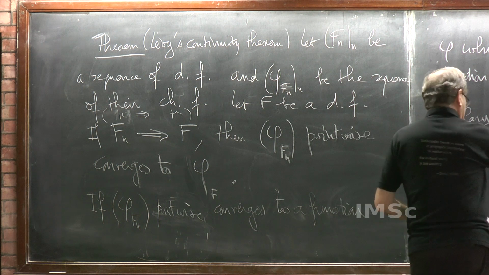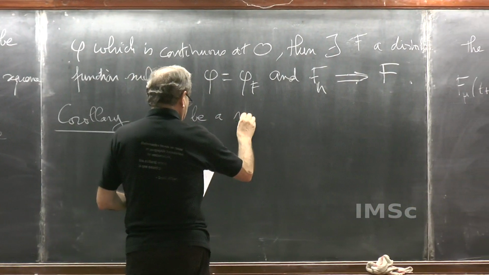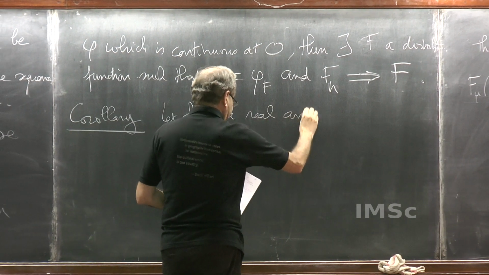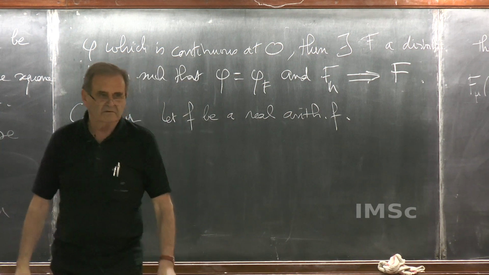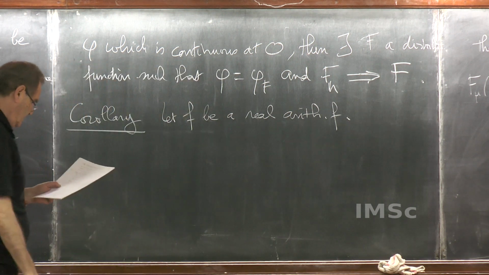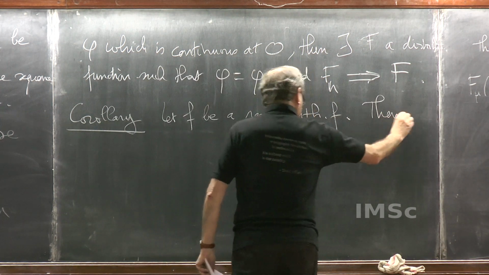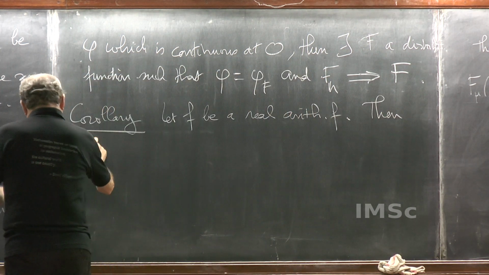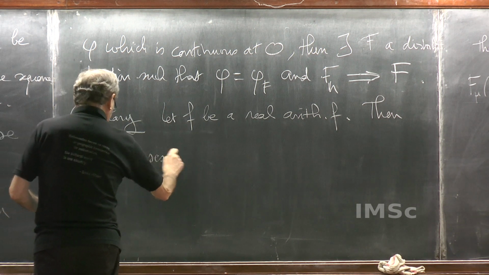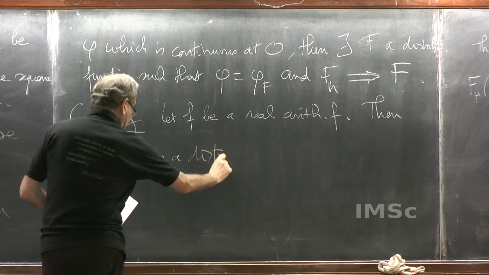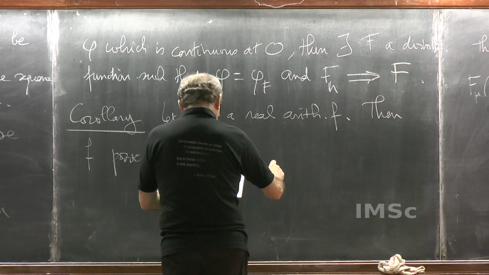The following: let f be a real arithmetic function, that is to say, a sequence of real numbers. Then f possesses a distribution function, a nice limit, if and only if